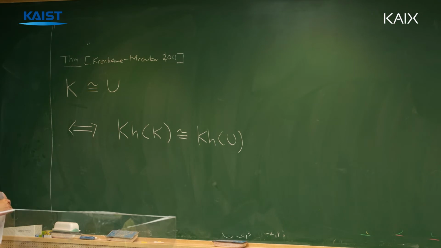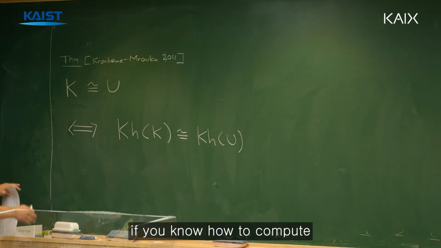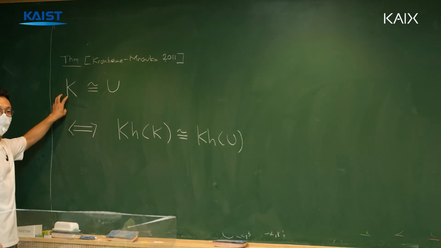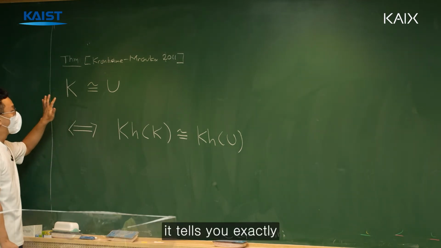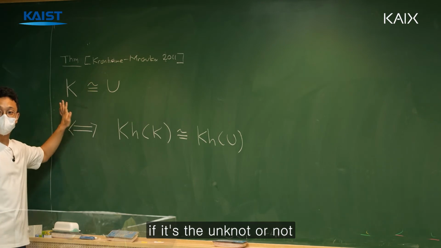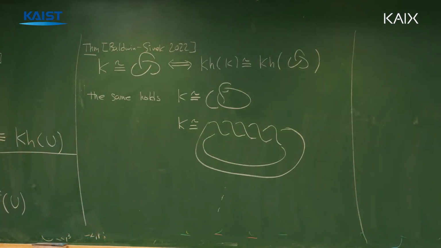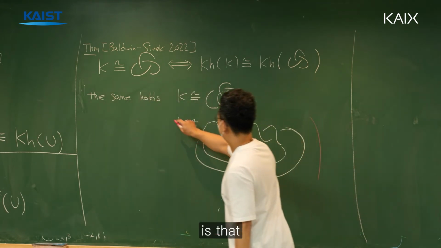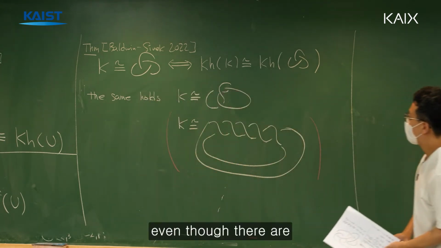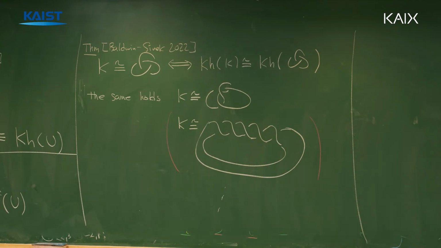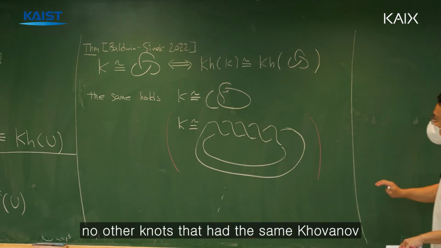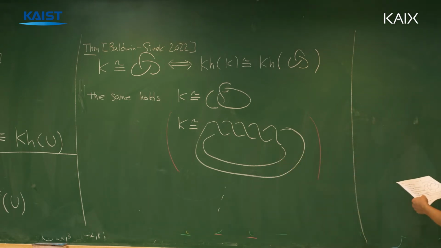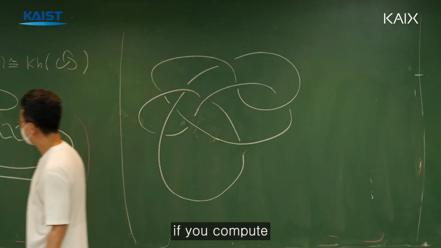So if you know how to compute Khovanov homology of your knot, it tells you exactly if it's the unknot or not. Invariant. One notable thing about this knot over here is that there are no other knots that have the same Khovanov homology as this knot over here, but if you compute the